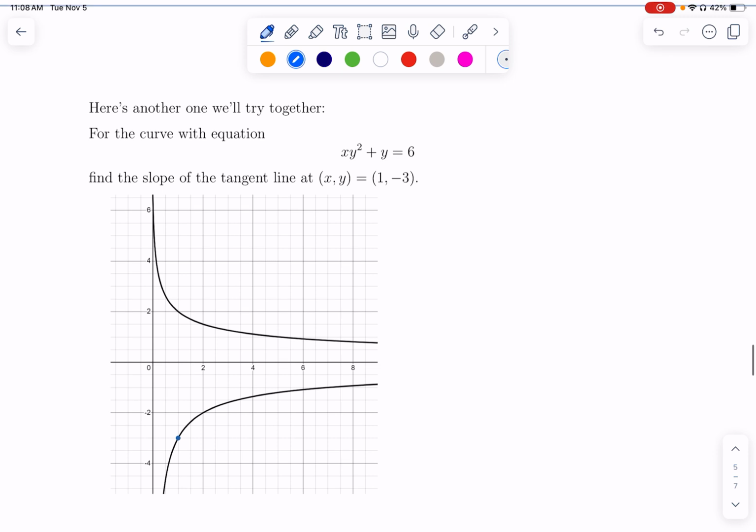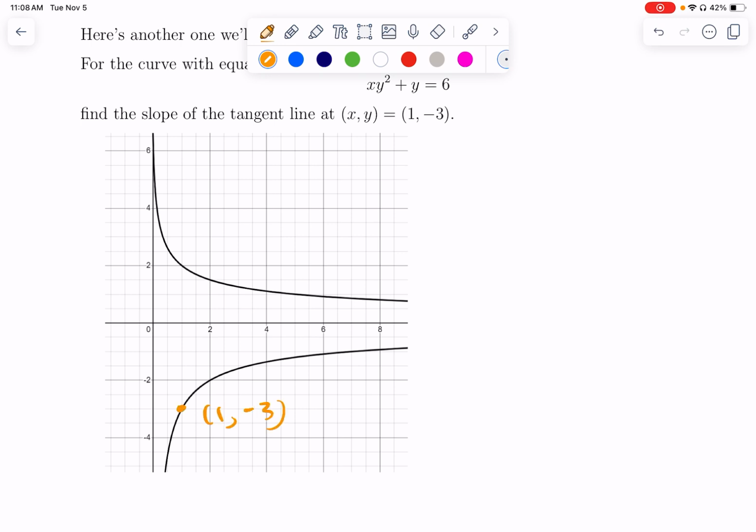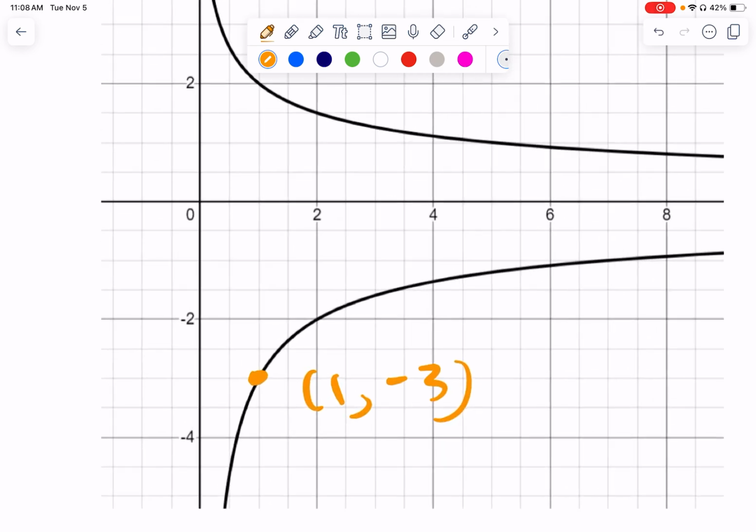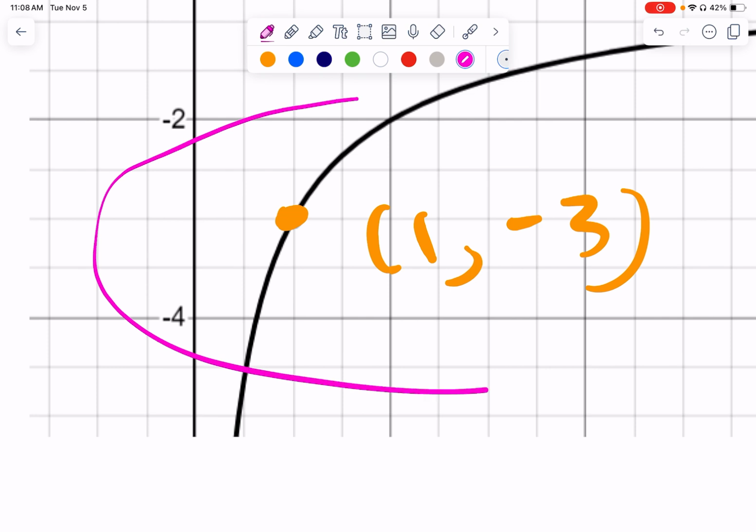Okay, let's look at another example. So here I have the curve with the equation xy squared plus y equals 6. And it looks like this. And I want to find the slope of the tangent line at this point where x equals 1 and y equals negative 3. Now this graph is definitely not a function, but the idea is almost all the time, near